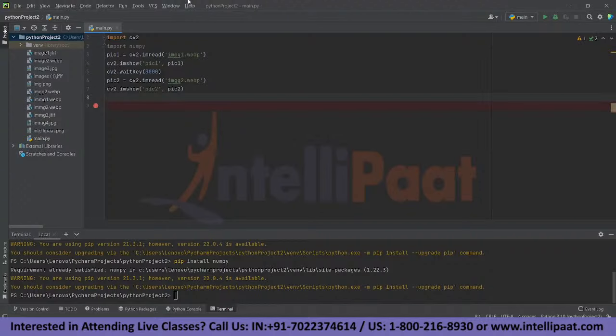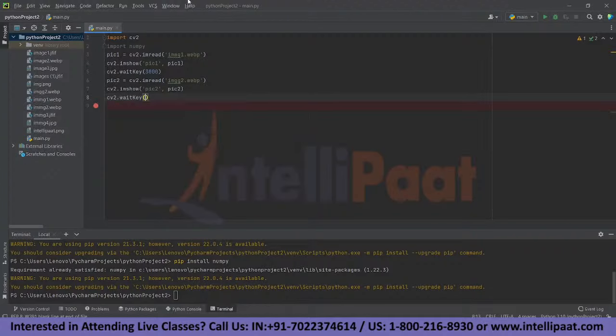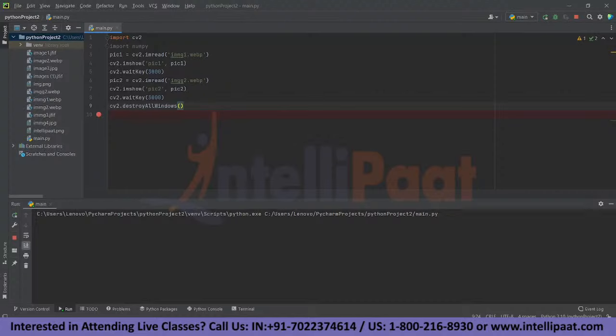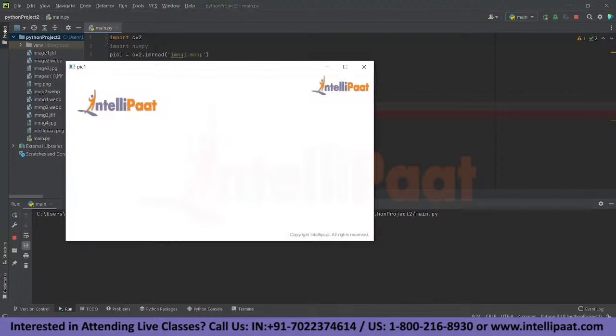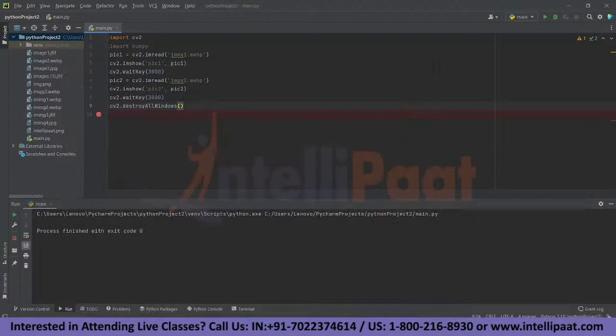So let's first provide a delay time or interval for which the image will be displayed. So again, cv2.waitKey, and the delay again I want it to be 3000. And for destroying all the windows, so that your system doesn't store any image after it has been closed, we use cv2.destroyAllWindows. So let's save it and run our code. Here you will see the first image, and after that the second image, and after 3 seconds both the images are gone. So that's the process of reading an image and then displaying an image for a certain interval of time